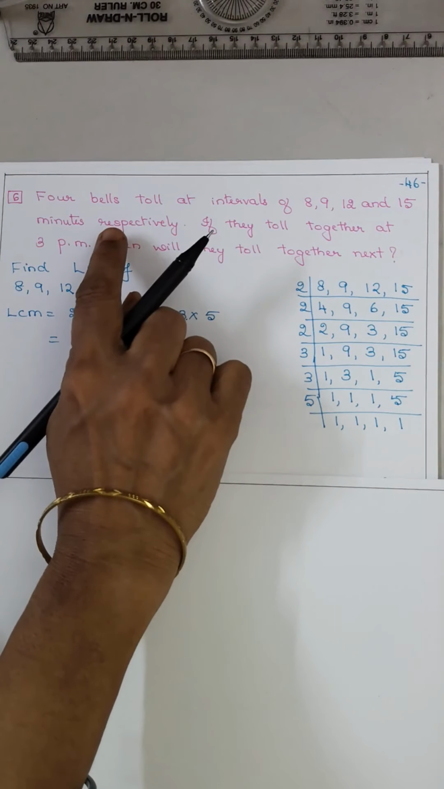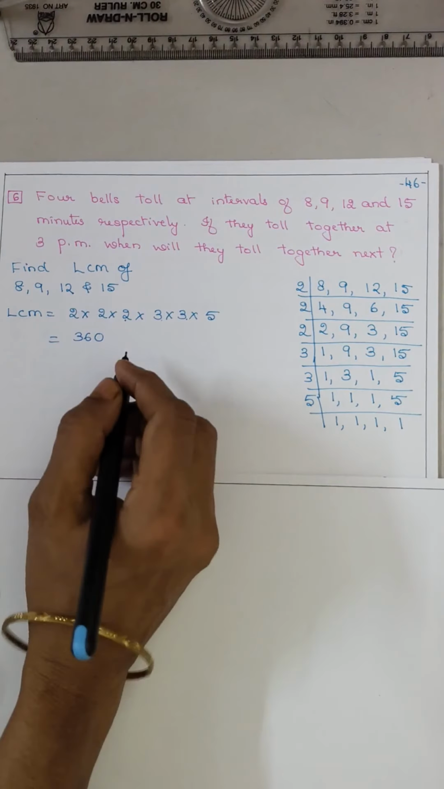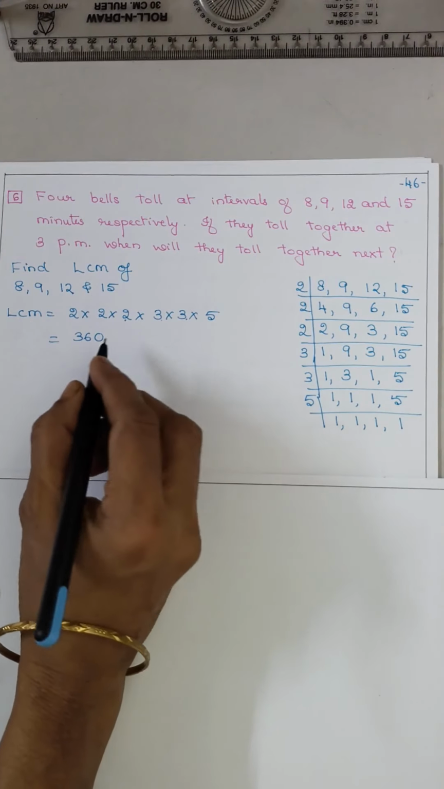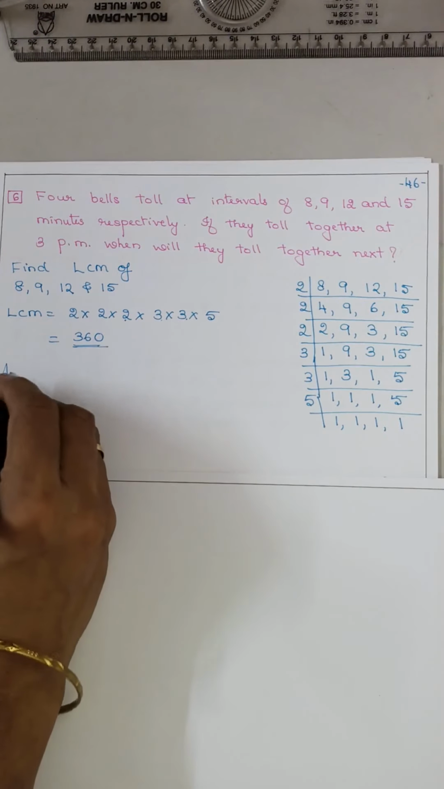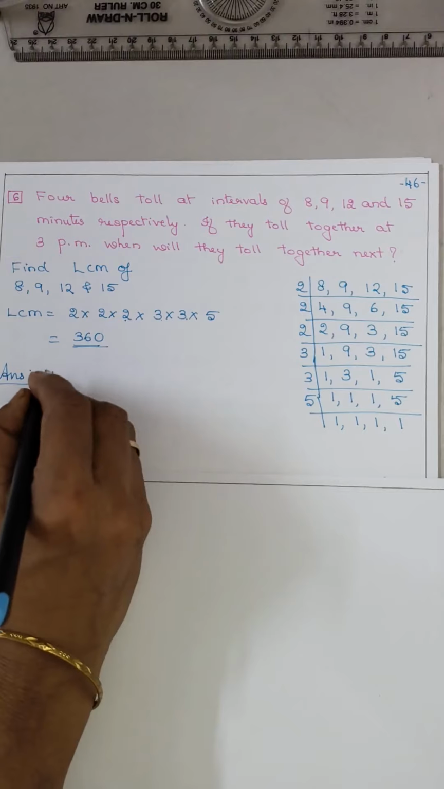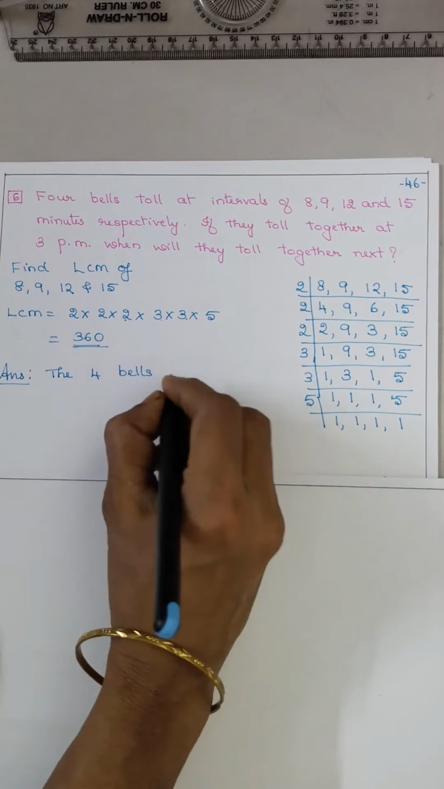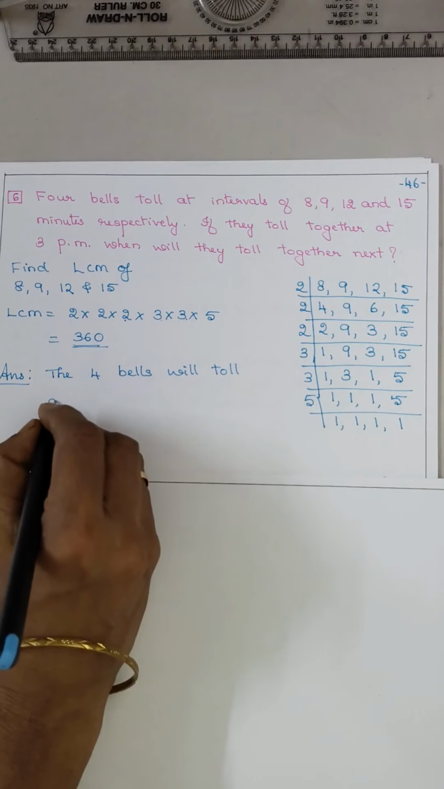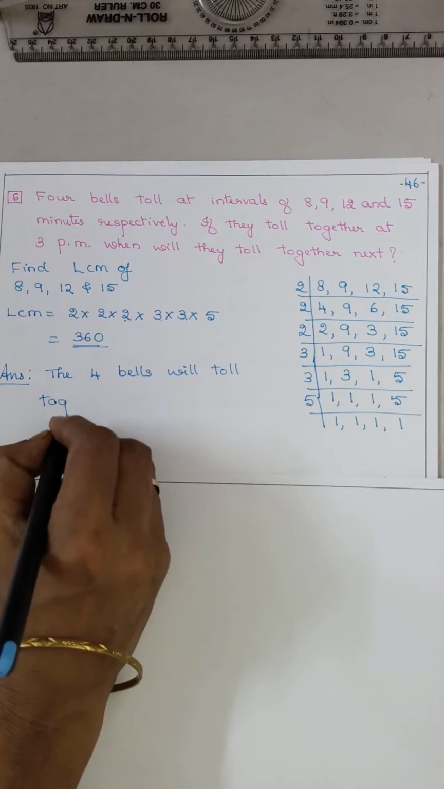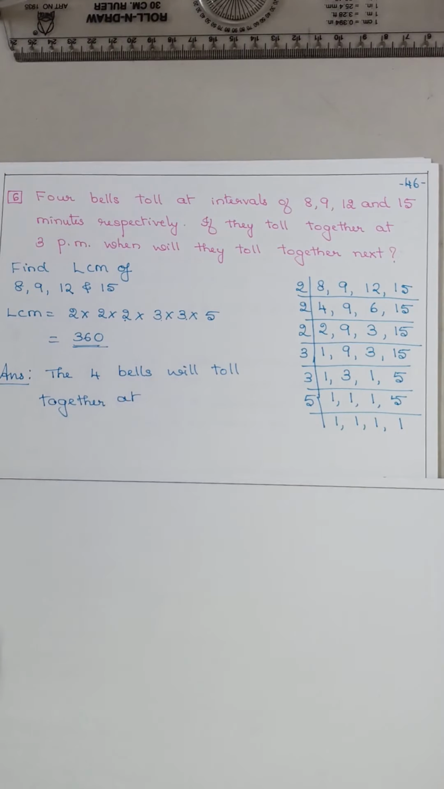Now what is it? They have asked in minutes, isn't it? So convert this into minutes. Okay, first the answer: the 4 bells will toll together at